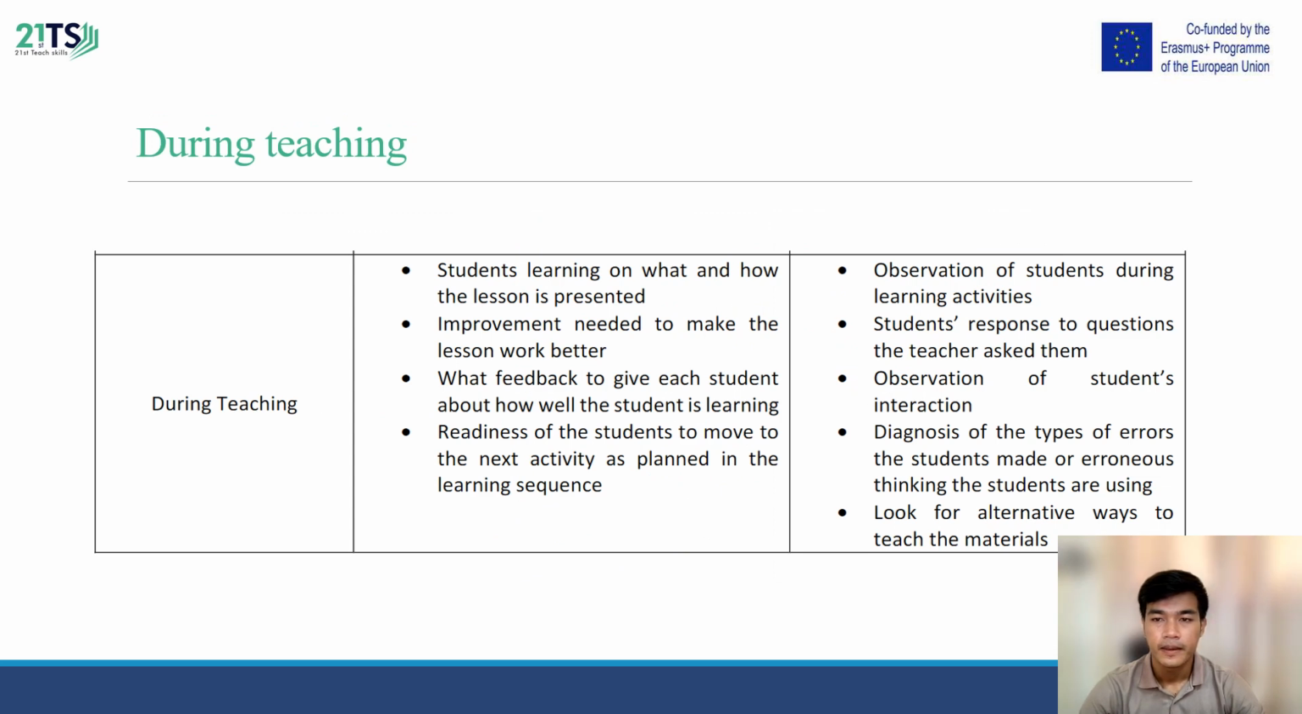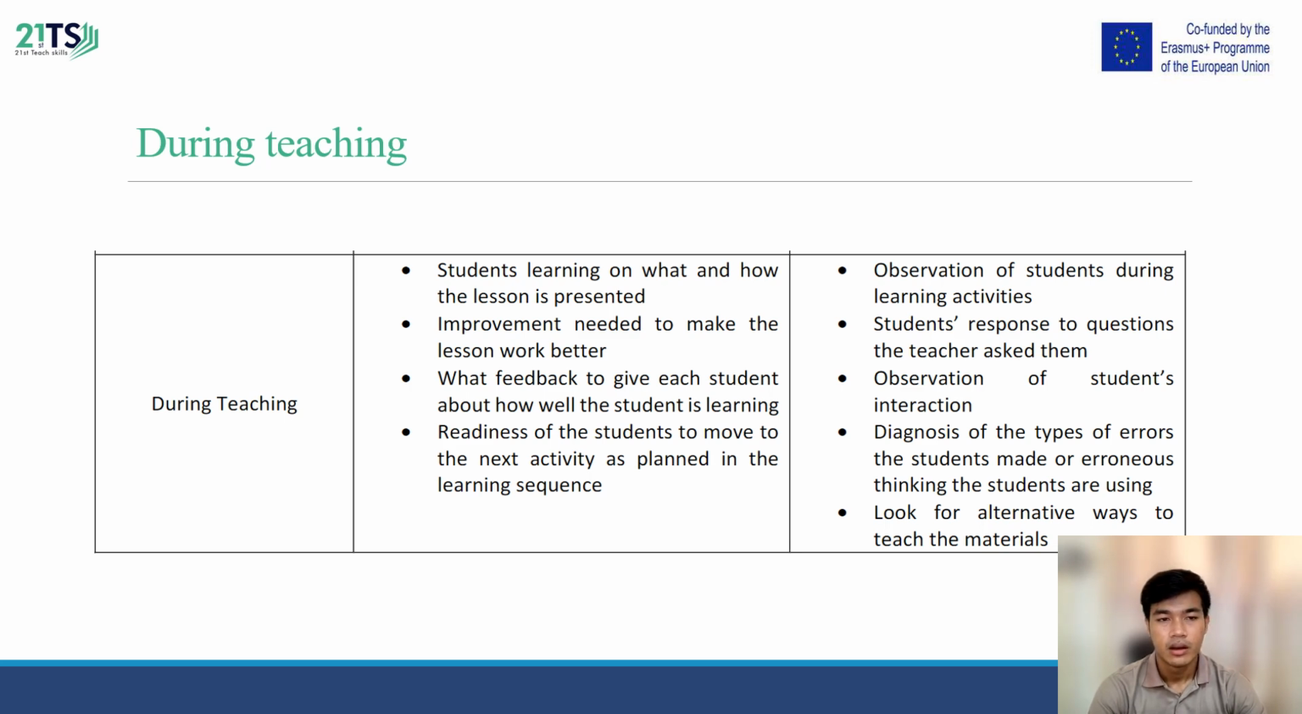And here is the phase of during teaching, describing the decision and source of information. It follows the 3 columns, starting from the left. During the teaching: student learning on what and how the lesson is presented, improvements needed to make the lesson work better,